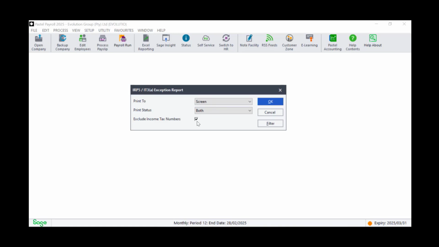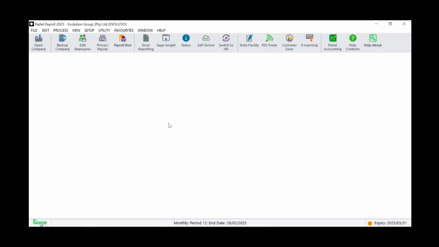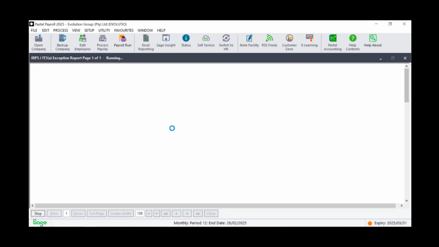Just a side note, it is mandatory for employees to have income tax numbers, but it will not prevent you from creating your IRP5 file and then importing it onto EasyFile. It does not prevent you from continuing with your year-end process. So once we click on OK,